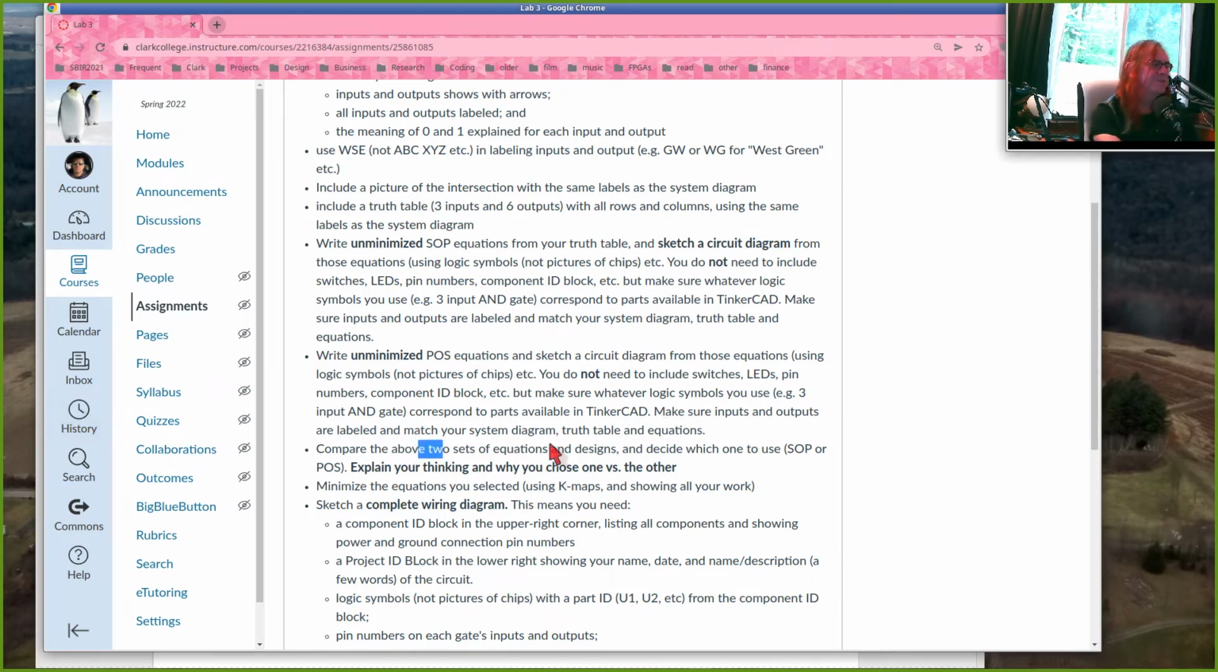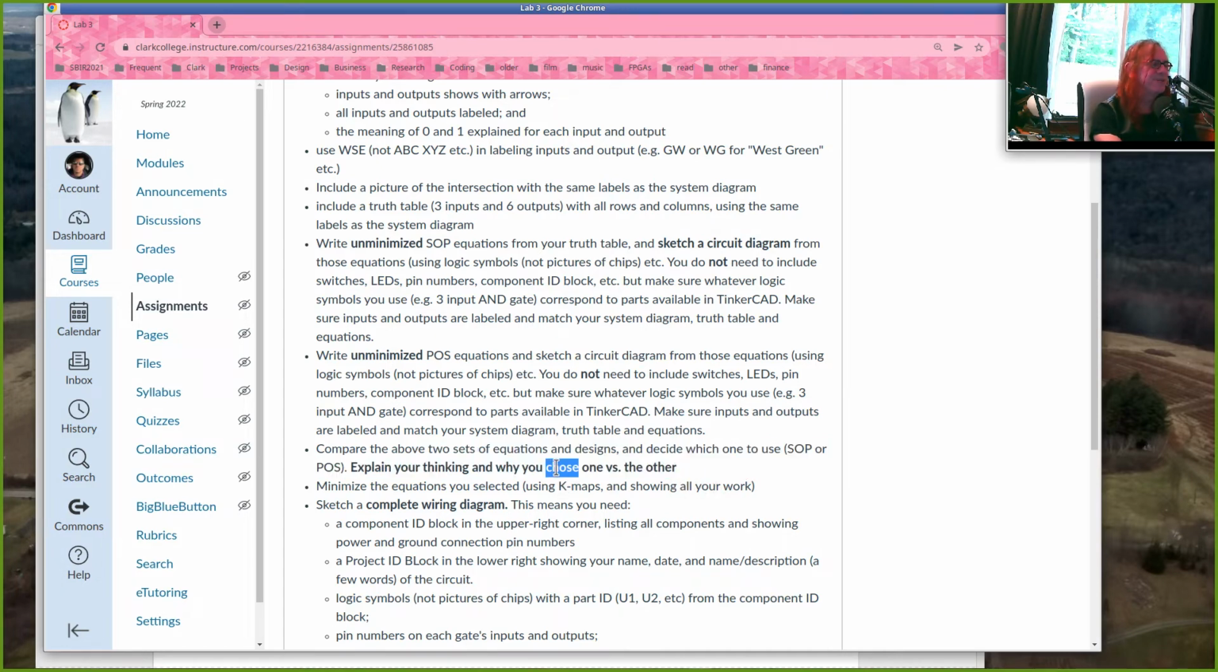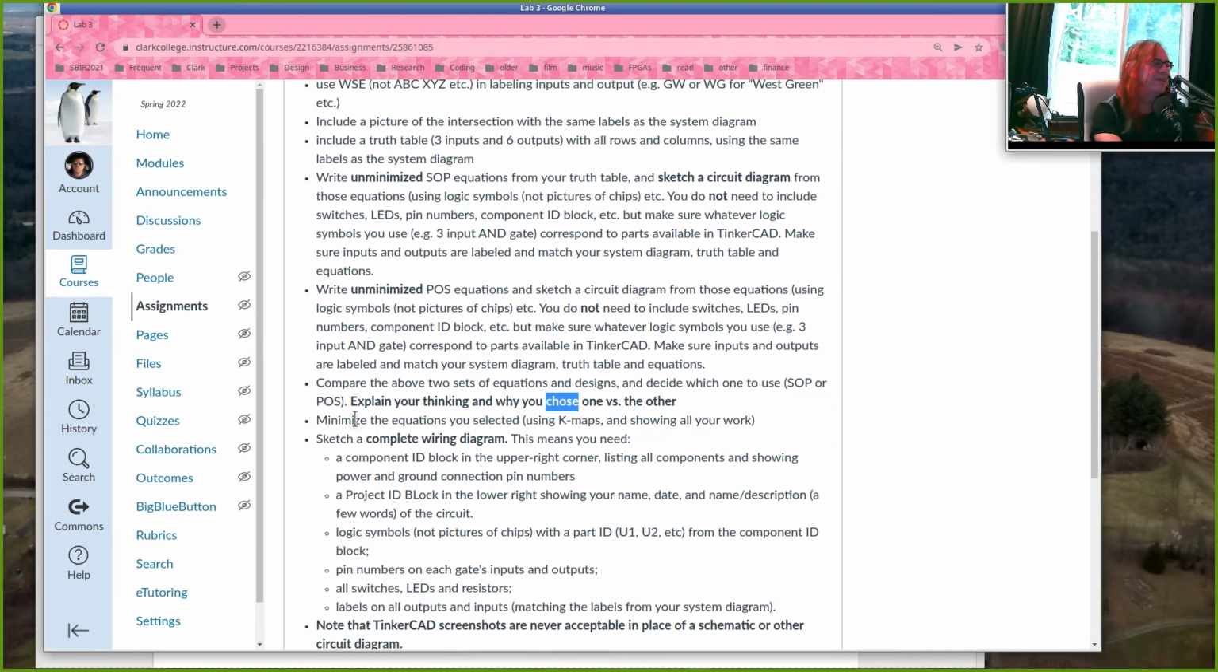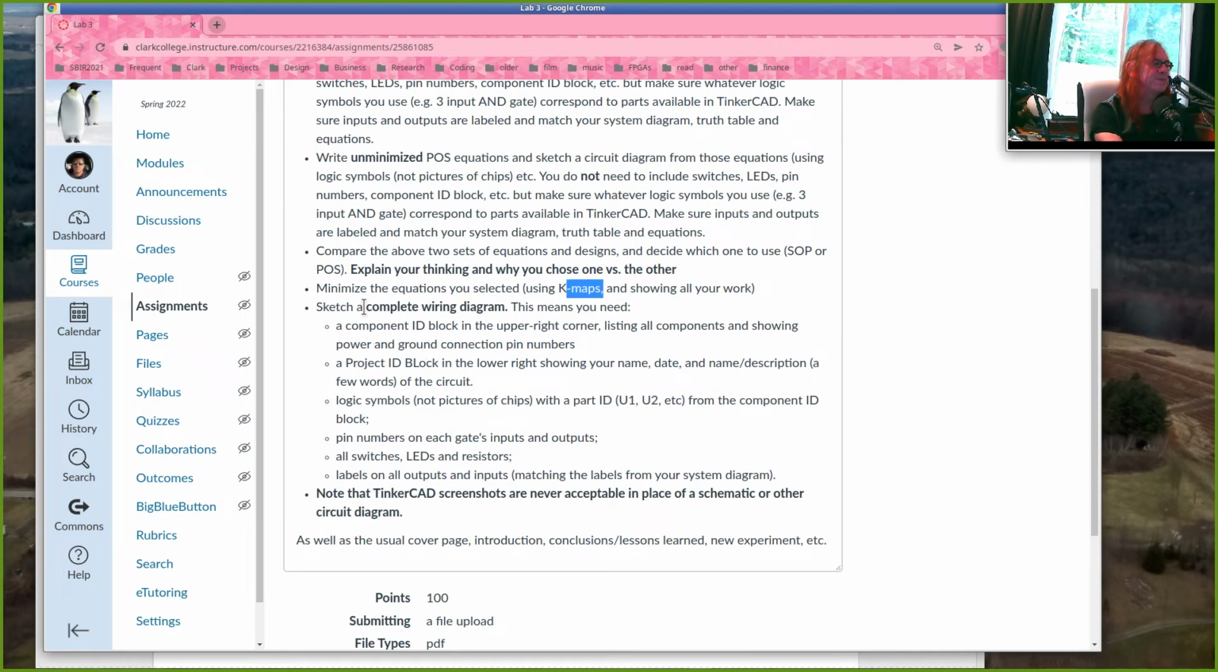Alright, compare the above 2 sets of equations and designs. Decide which one to use. Explain your thinking and why you chose one versus the other. And then, and only then, you get to minimize your equations. So we're going to use K-maps, which we're talking about today and Wednesday. Use K-maps, show all your work, come up with your simplified equations, and then you do the experiment 6 style